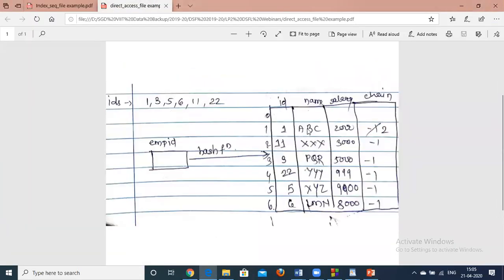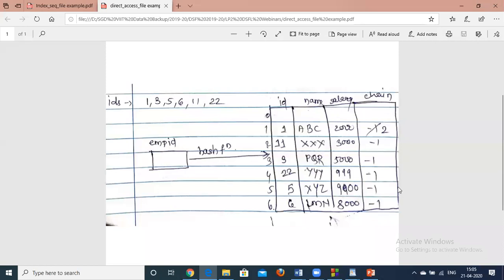So what is expected is, suppose I want to create an employee database where ID, name, and salary are the parameters. I have to create this database, and as I am following the linear probing with chaining algorithm, I have one more parameter here, chain. Like we did in the hashing assignment, where we implemented both algorithms, with chaining with replacement and with chaining without replacement, here we will be using chaining without replacement.